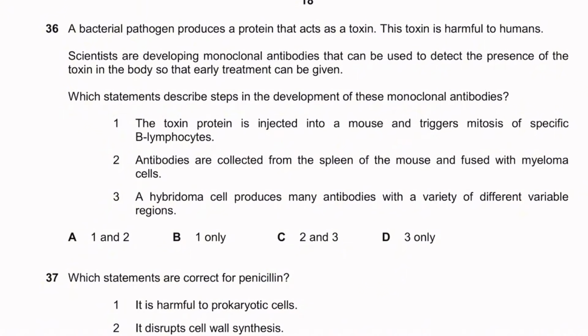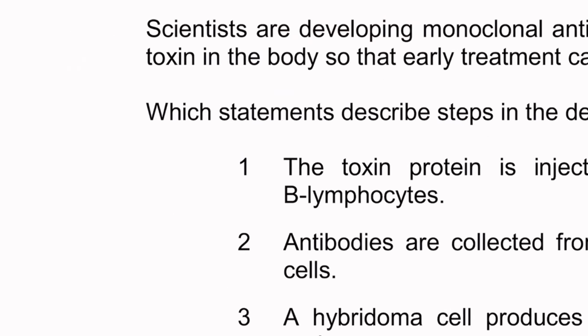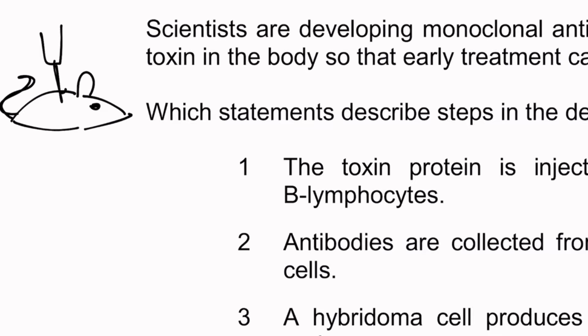Let's review monoclonal antibodies together. Monoclonal antibodies are antibodies produced outside of the body by, let's say, animals. For example, a mouse is going to be used in the lab. So this mouse is very sad. It's going to be injected with a pathogen. So we're going to inject a pathogen over here, and this pathogen is going to stimulate a primary immune